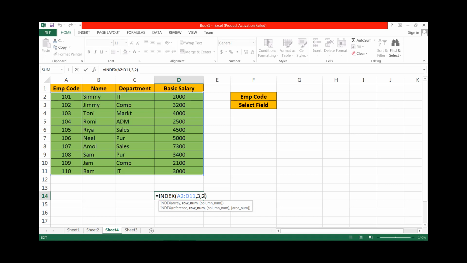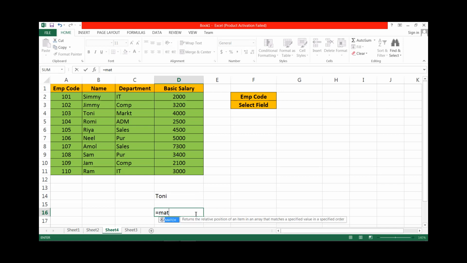But here we don't want this fixed row index and column index. For that purpose we have to use the match function. Do you remember the match function? It's a very simple function. The match function returns the index or position. Suppose the lookup value is from this cell, and the lookup array is a single row or single column.